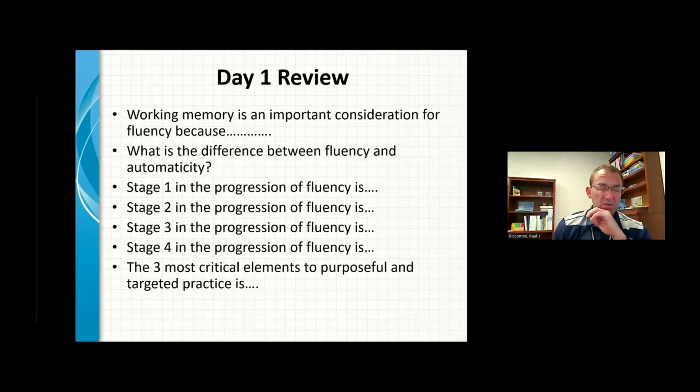This is related to the key ingredients, non-negotiable, negotiable ingredients. There were 3 non-negotiable ingredients that we need to embed in practice for it to be more purposeful and targeted. So go ahead and I'll give you 30 seconds on this. What were those 3 things?